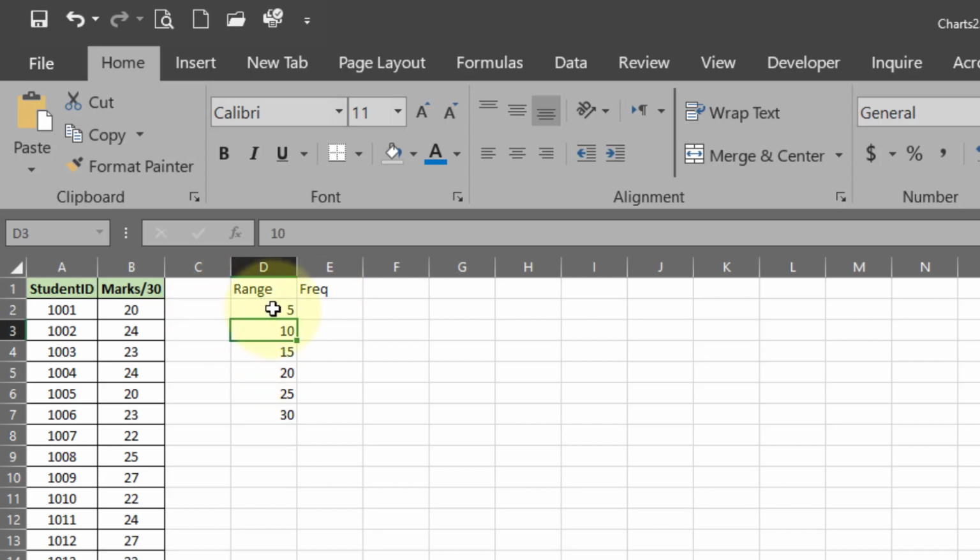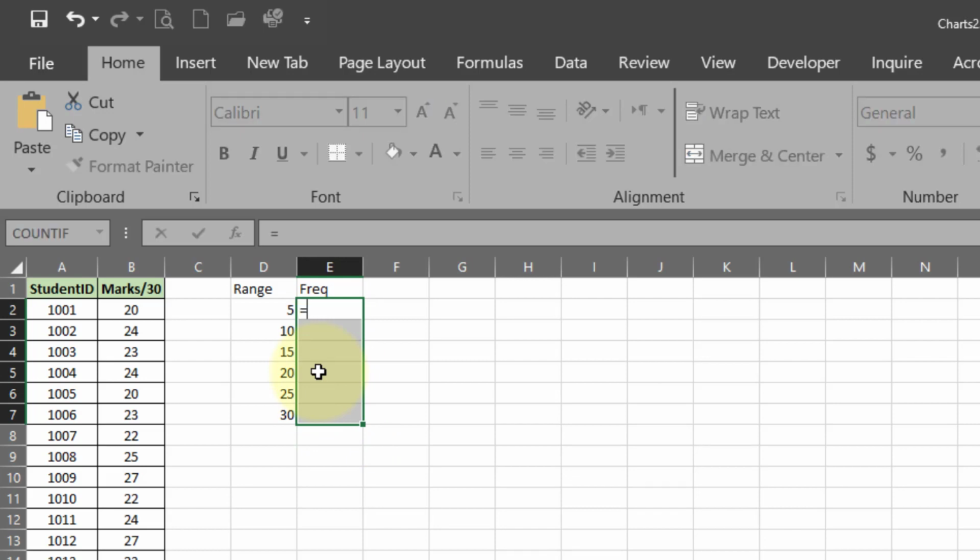Now these range means when we write 5 here, it means that the frequency here would be shown for those that are between 0 and 5, while the one that would be shown here would be greater than 5 and less than 10, and then here greater than 10 and less than 15. It would go on like that. Okay, now how to write the frequency here? You need to select all these first. Don't forget to select this complete range from here up to here.